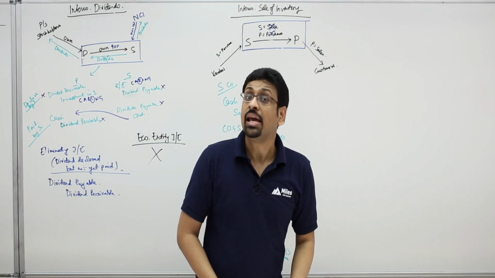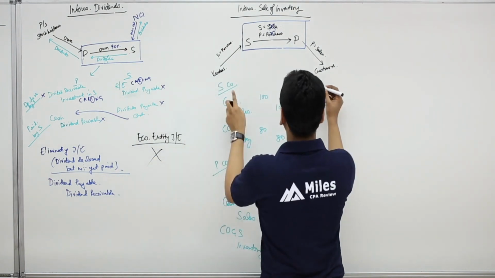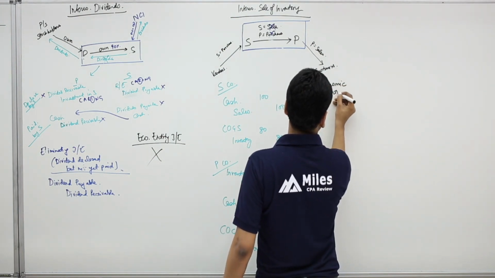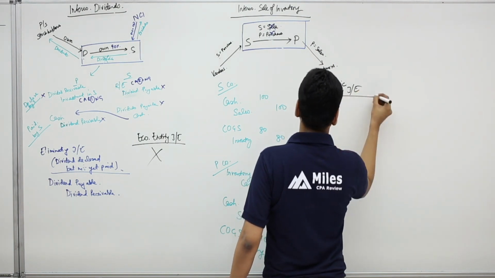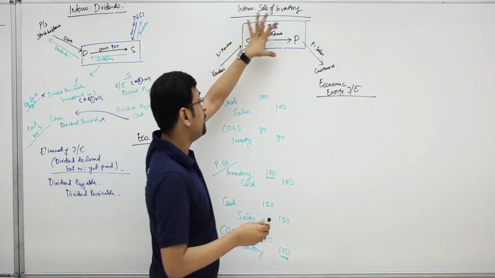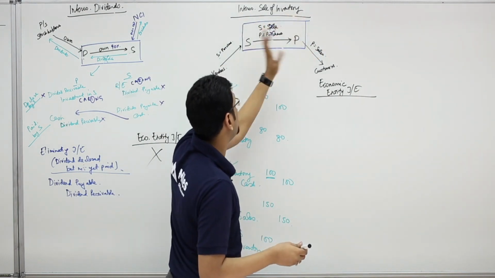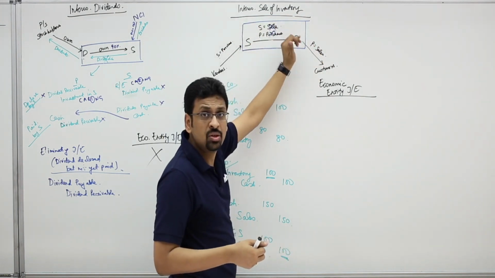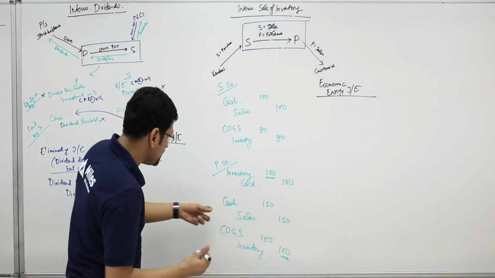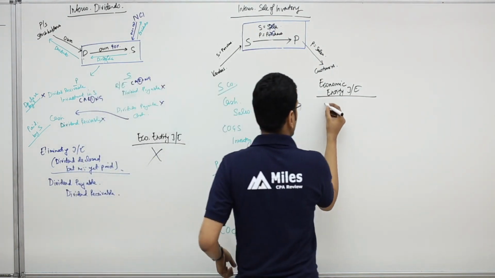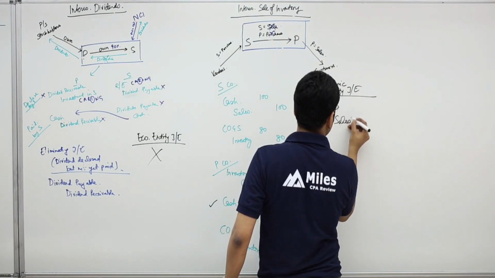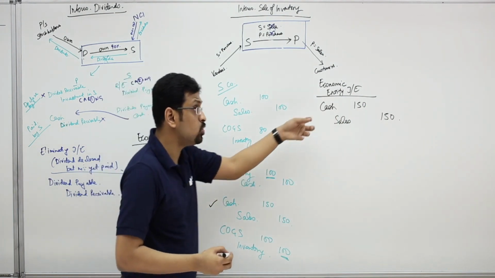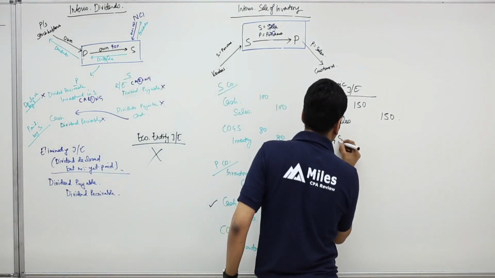Now if they were one economic entity, let's look at the economic entity journal entry. If we treat the sub and the parent as one entity, they could only sell goods to outsiders, not within themselves. So the sale which the parent made to the customers, that is something we're going to account for. So that was this transaction. So we're going to have cash to sales, 150. And then we have cost of goods sold for these goods. We're going to have COGS to inventory